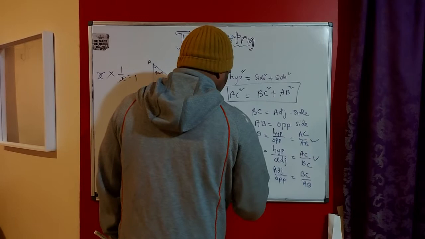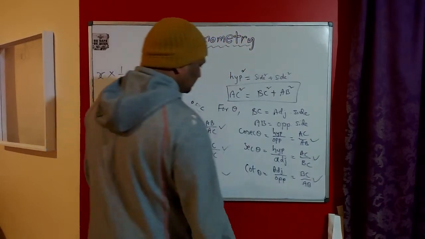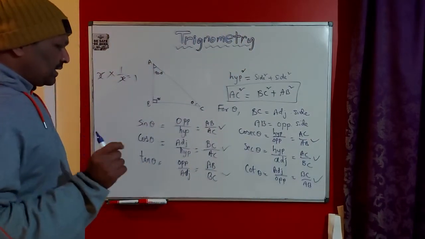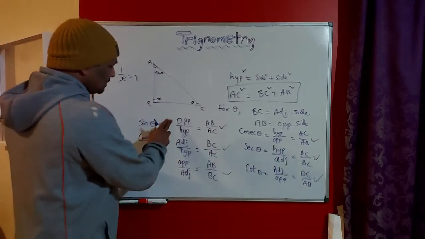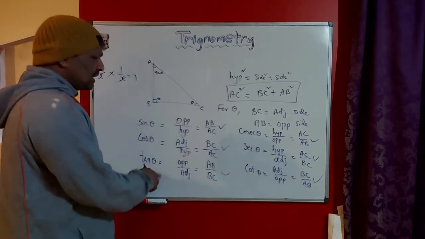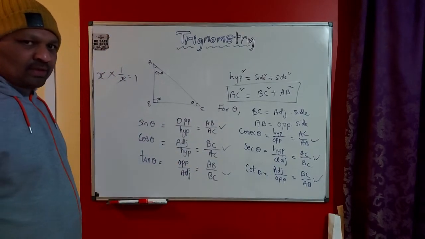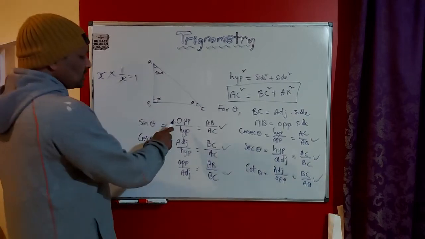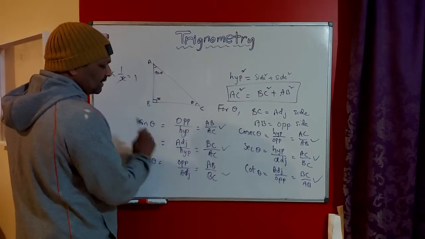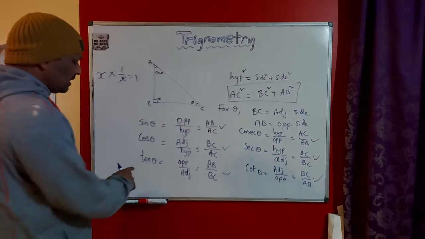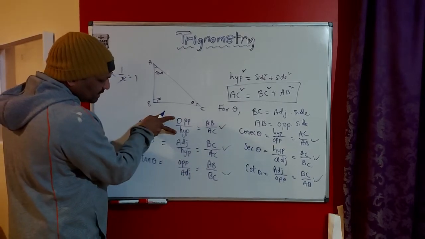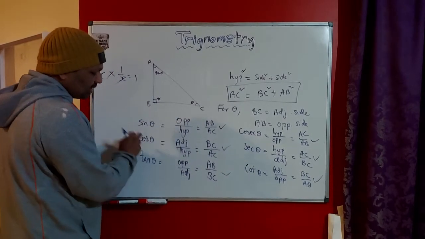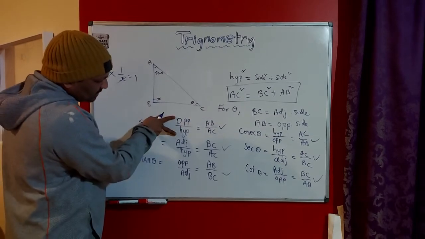This one, this one, this one, this one. Very important, you need to learn these two ratios. If you learn these two ratios, the other things you can easily derive. I'll tell you how. This is opposite by hypotenuse. This is adjacent by hypotenuse. To get tan, what you have to do is this by this: sin theta by cos theta. This ratio by this ratio.